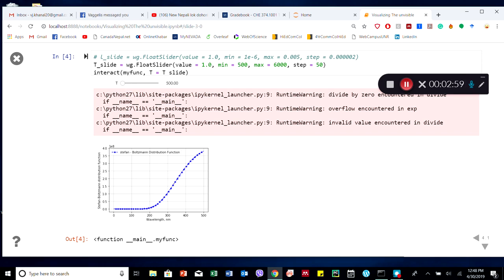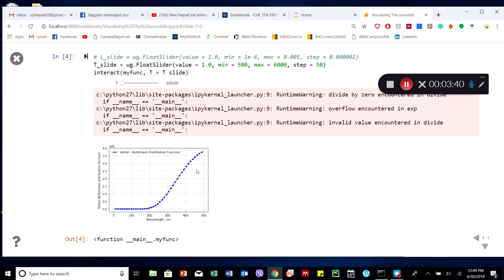So here it is for temperature, T for temperature, and you see here we have a float slider with minimum to maximum and with step 50, and this function is telling what function to interact with and what is the variable that you want to interact with. In this case, my function is the Planck's radiation function, Planck's distribution function like we saw earlier, and this T is the temperature. You can actually slide